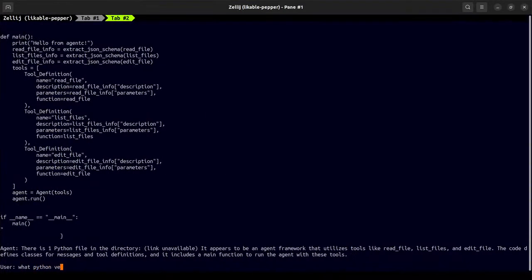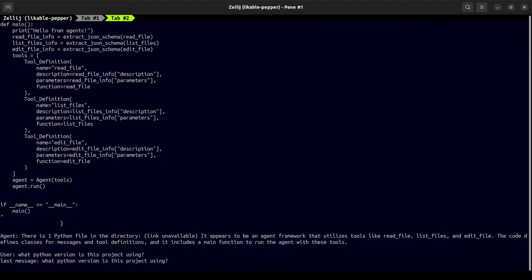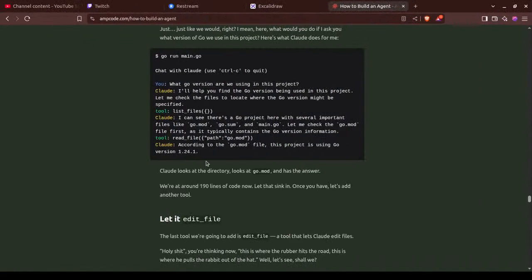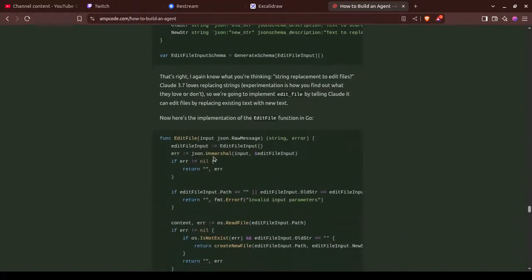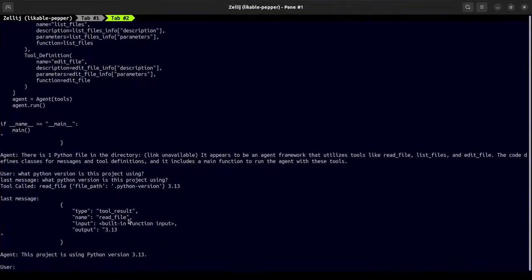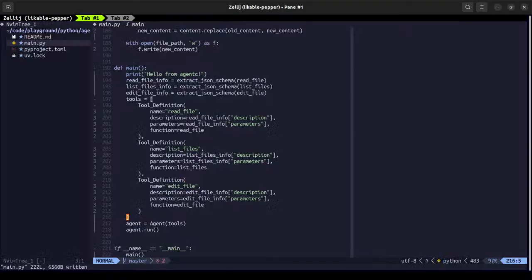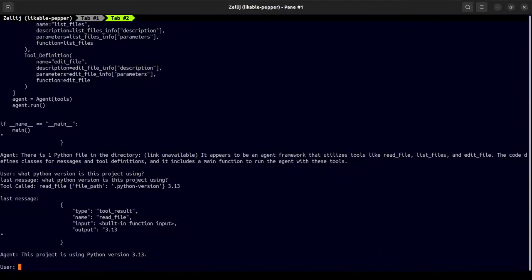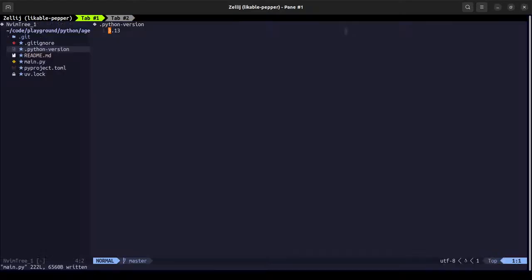What Python version is this project using? To the point. Okay, wait, what? Oh, I knew that. I think Yui did that.